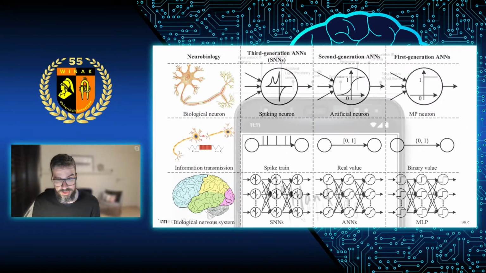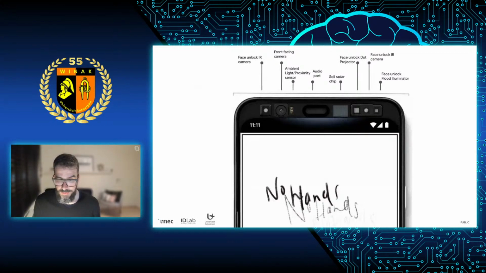So without going into much more detail of how this technically works, let me just give you an example of an application of something that we built with these type of spiking neural networks. Some of you might recognize this device. This is a Google Pixel 4, which had a very specific additional chip, this one here, which was a radar that they embedded in the Google Pixel 4, with the idea that you could make notes without really touching the screen, especially in COVID times.